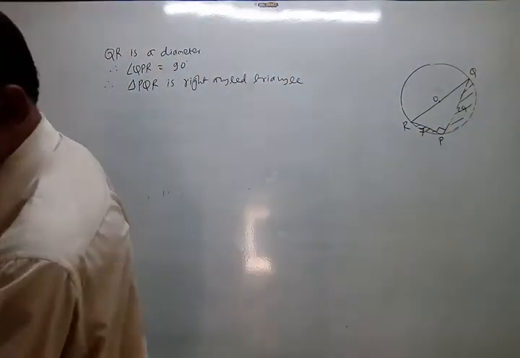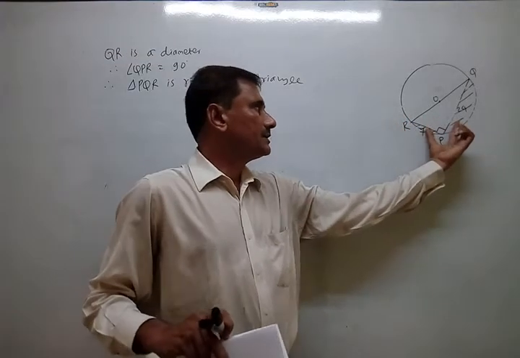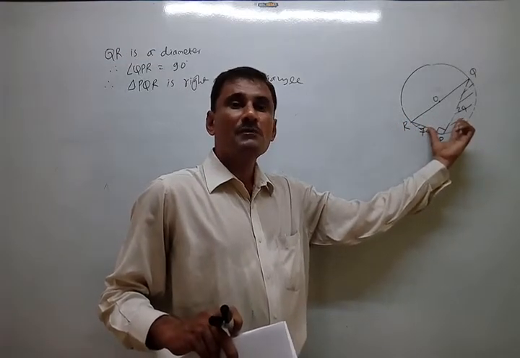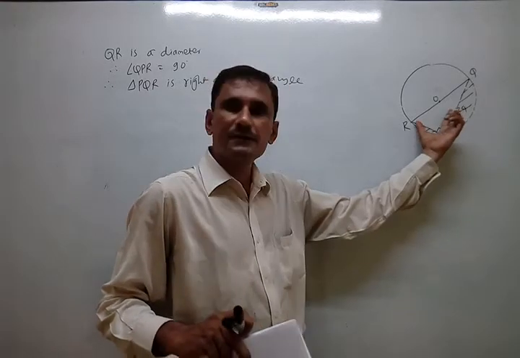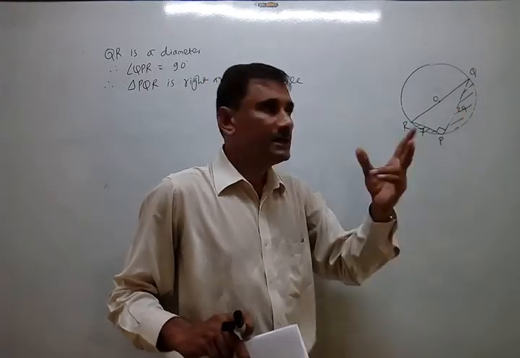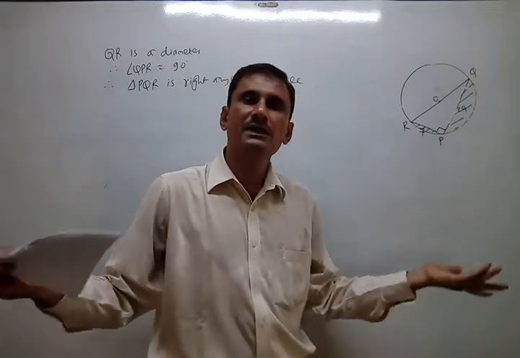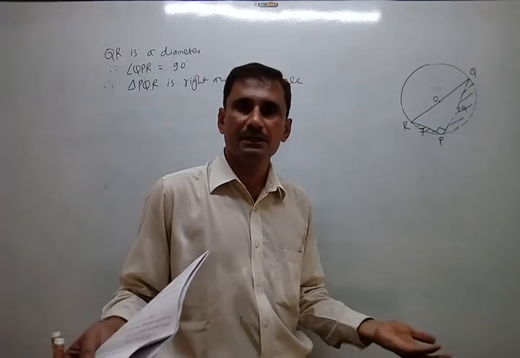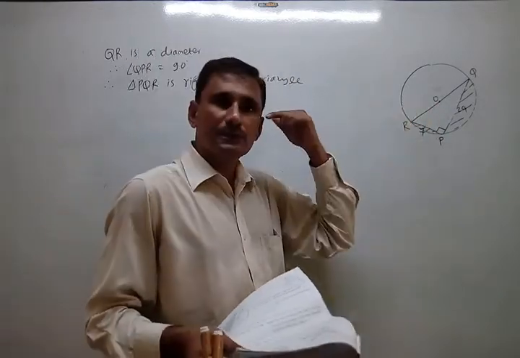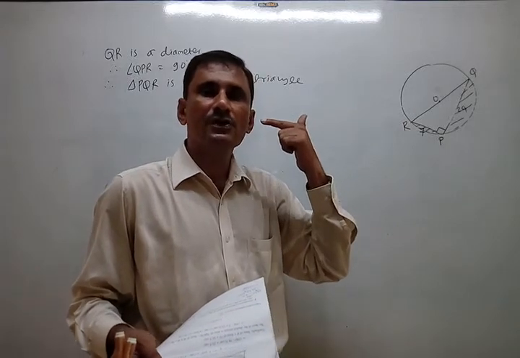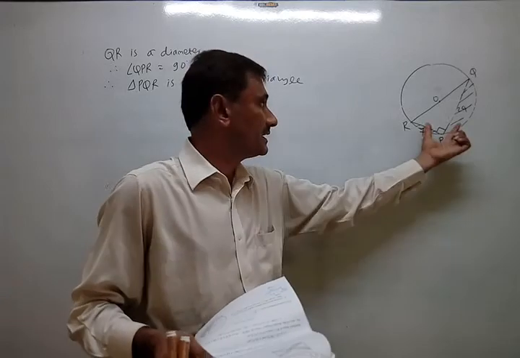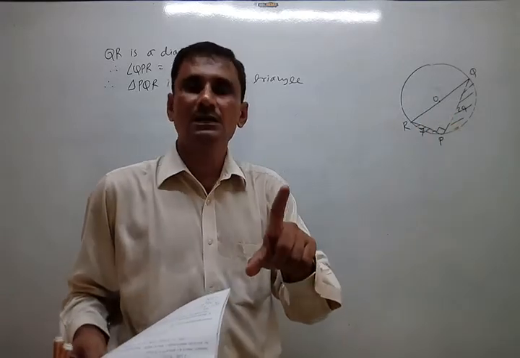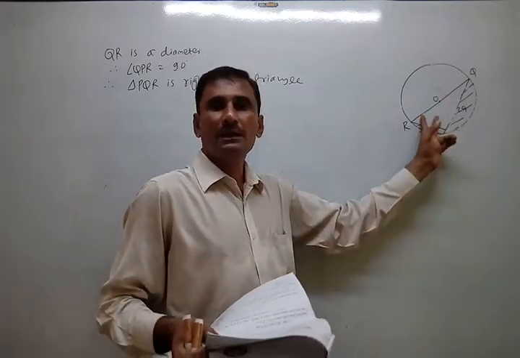So as I told, that required part, the shaded region, cannot be found directly, mostly indirectly. How? By taking the difference of two different areas. Here it is semicircle minus triangle; somewhere else it may be different. So that is our purpose, and that thing should be in your mind. Our final method to find that area is area of semicircle minus area of triangle.